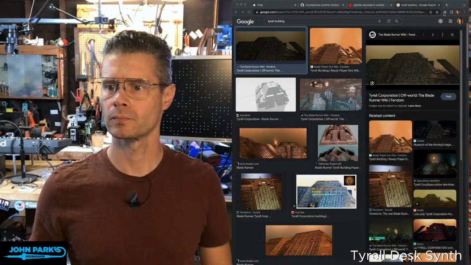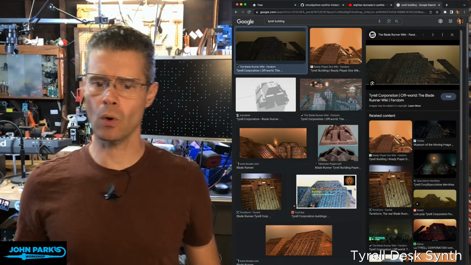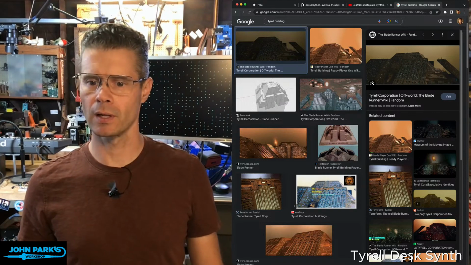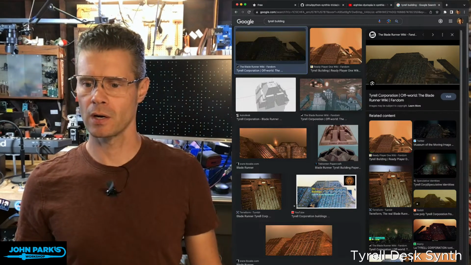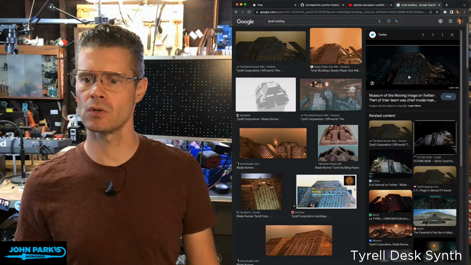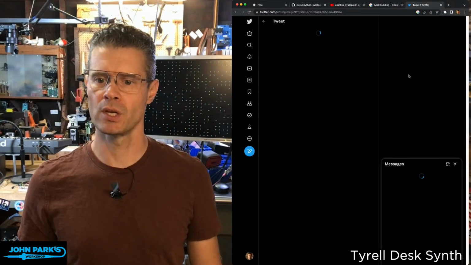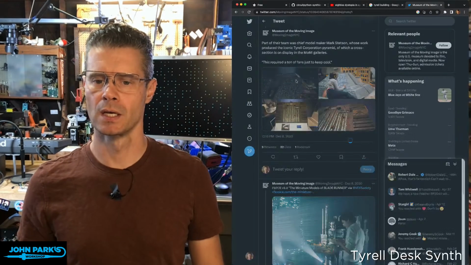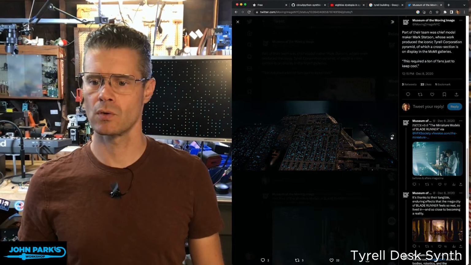Okay, here's a bunch of them for you. This enormous, enormous building, you can see there's an image right there with a little spinner car flying towards it. This thing is just huge.